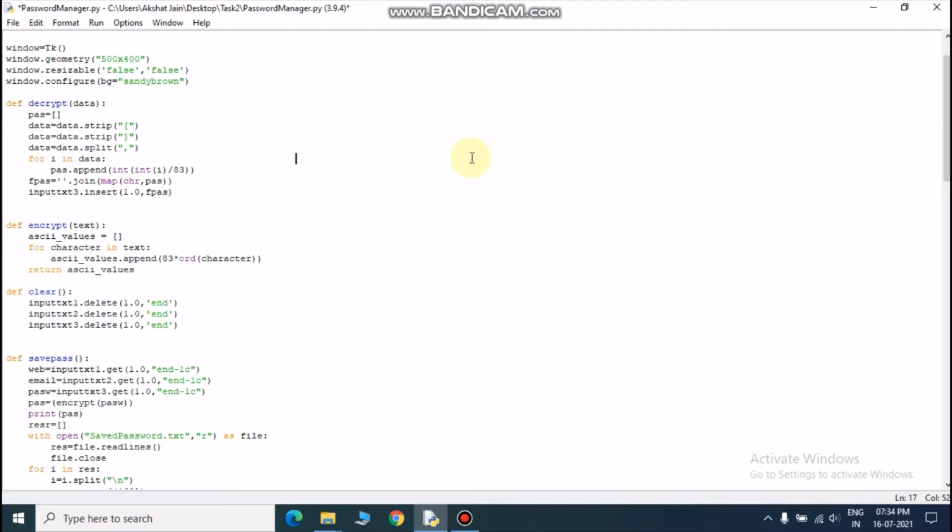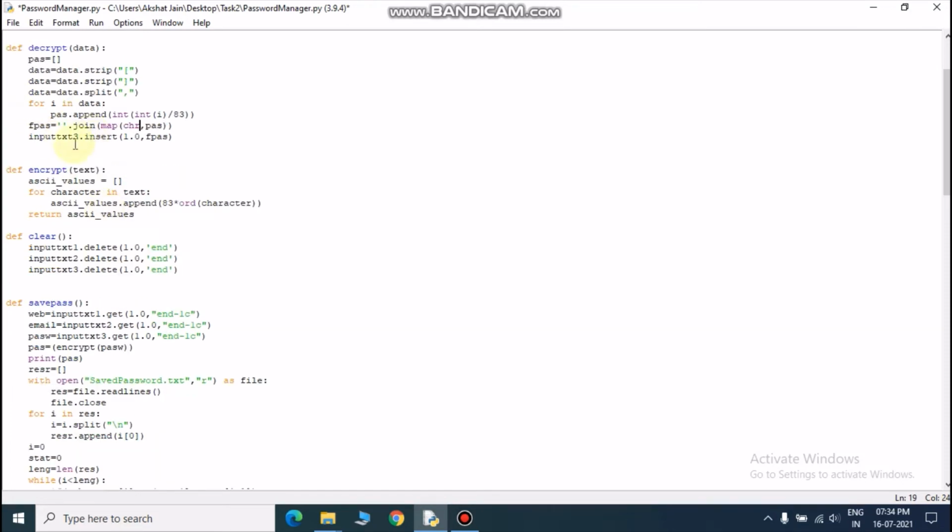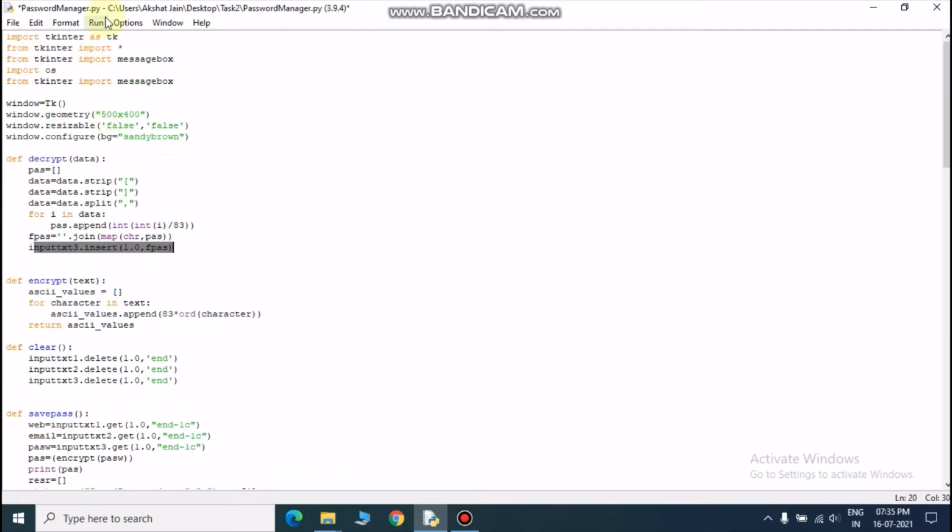So here similarly I want to typecast, or I want to convert all the ASCII values back to characters, so I am just using this map here, and after that I will display the password in the password field. So let's run it.